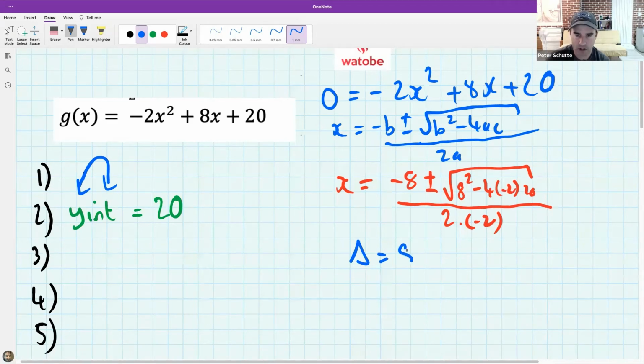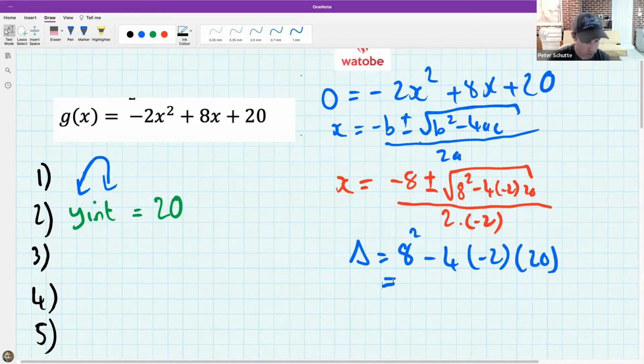And so delta would just be 8 squared for... yeah, so my delta value is 224,